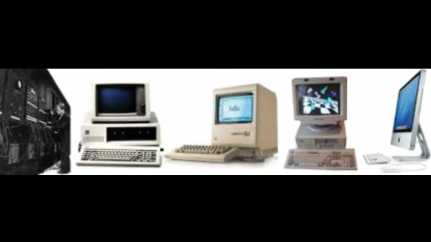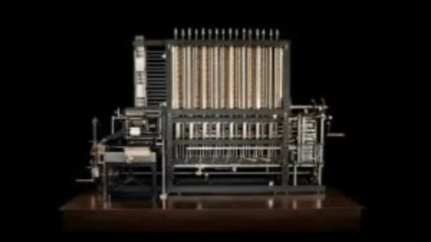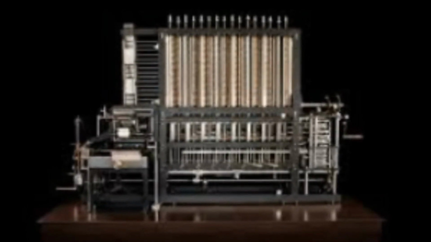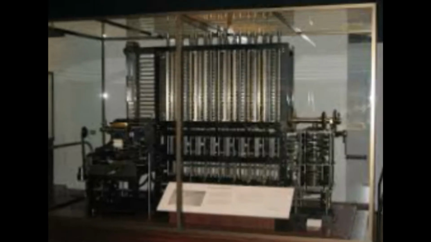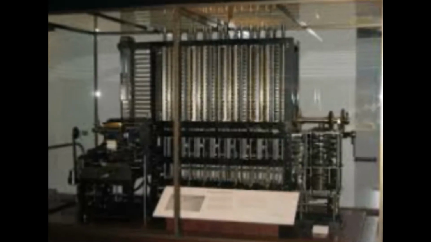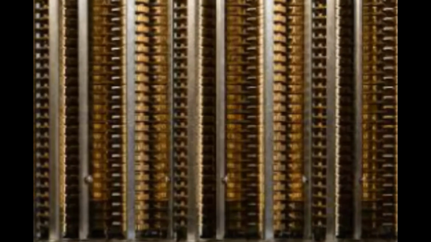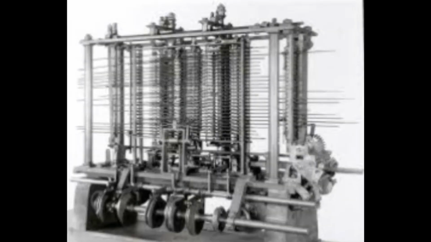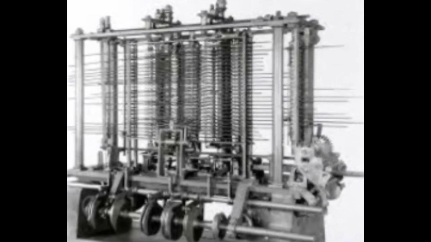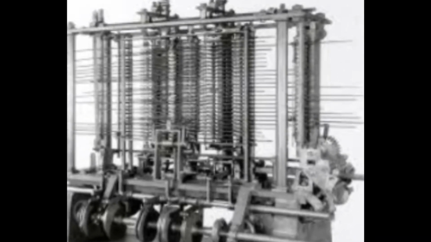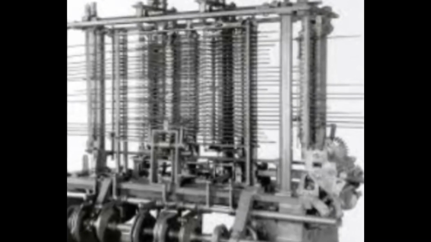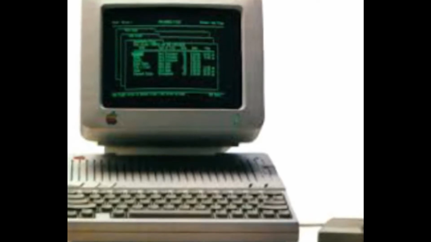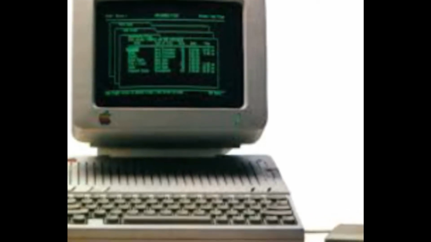It was a brass rectangular box with 8 movable small circles to add sums up to 8 figures long. But the revolution was brought about by Charles Babbage, who was also known as the father of the modern computer. In 1822, he proposed a machine to calculate differential equations, also called a difference engine. It was powered by steam and as large as a locomotive. The machine would have a stored program and would perform calculations and print the result automatically. So guys, this was the history of computers. Now let us talk about their evolution.